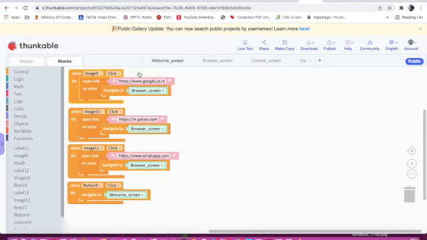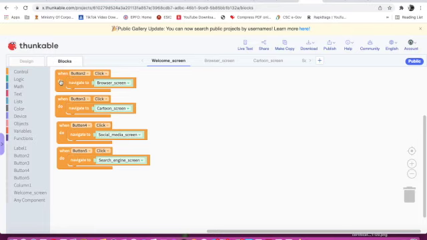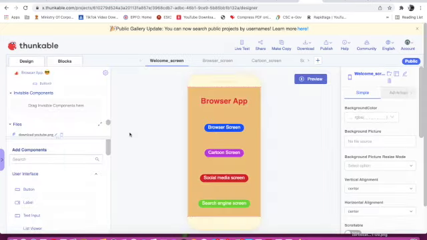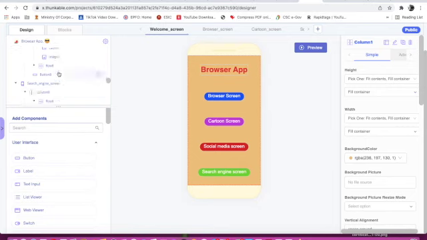Okay, so here all blocks and designing and blocks part, the core part, is done. Only we have to live test it. So first, before live testing it, we will hide all the rows.